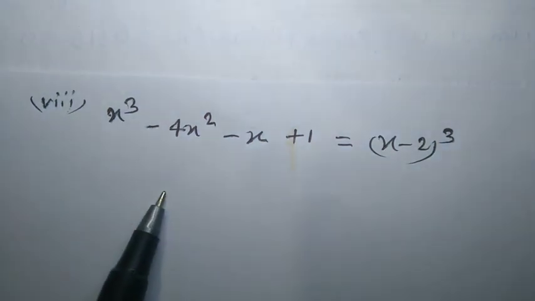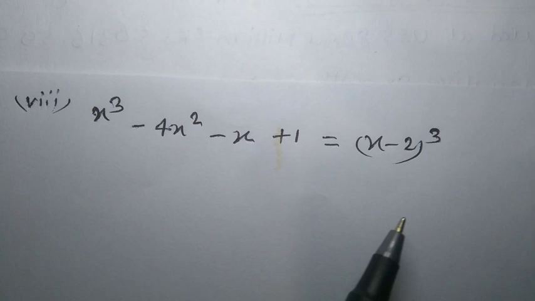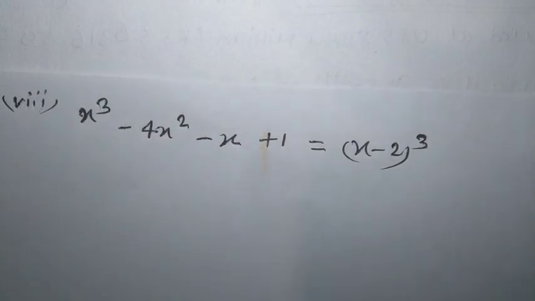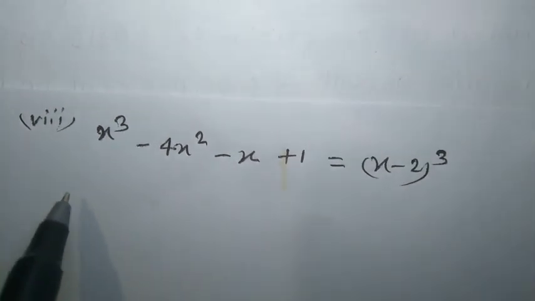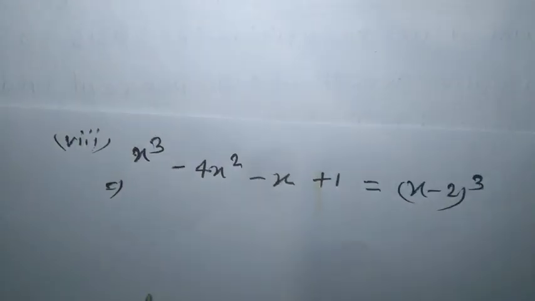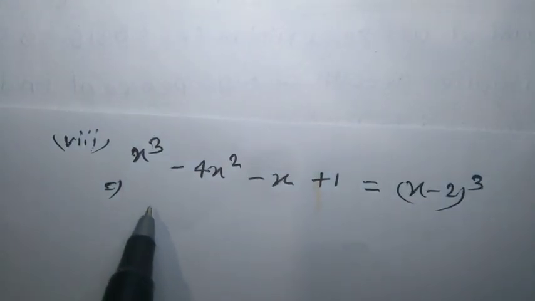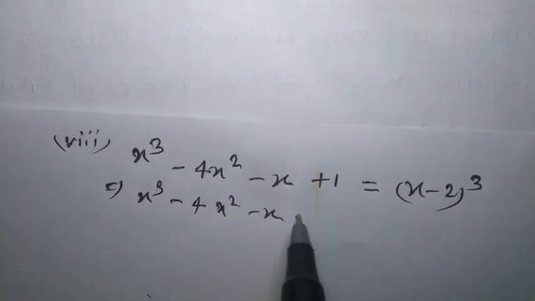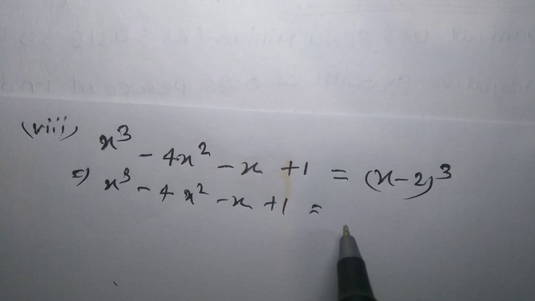Now in this question use the formula a minus b the whole cube on the right hand side. Okay, implies x cube minus 4x square minus x plus 1 is equal to